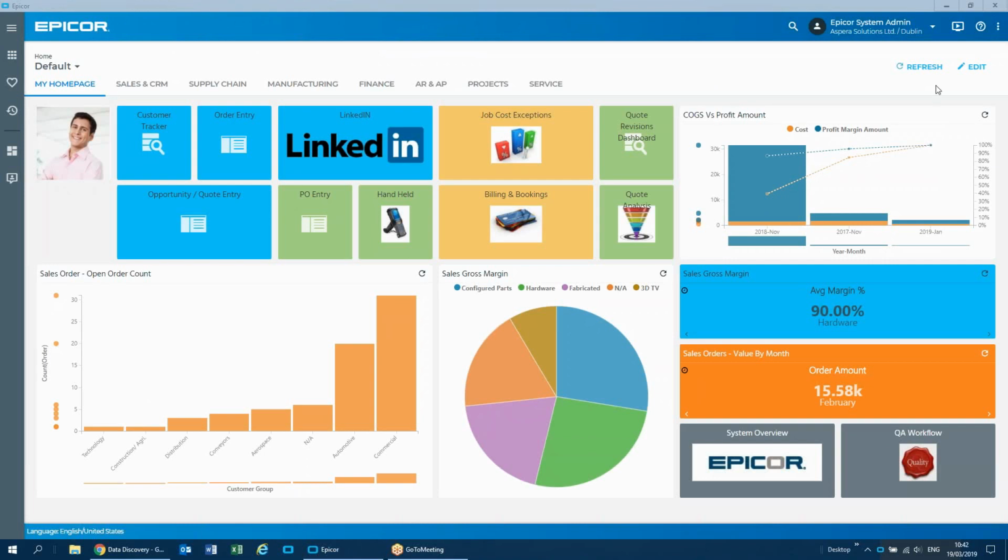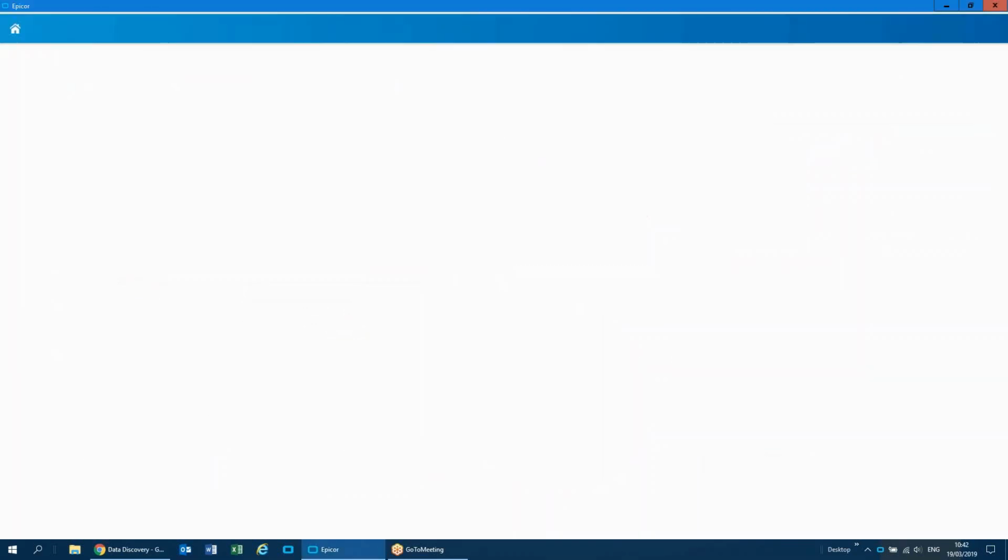So as we looked at the other home pages and my home page here, we also saw these on-screen instant analytics delivered to the homepage. So these KPIs are the analytics that are most important to me as a user, and I can then display those as tiles within my homepage. Now that's important, the word tile, because tile means I have the capability to drill below those. So looking at these, I'll take the sales open order count, for example, and I want to drill into that. So I can just click on that tile, and that will then take me to